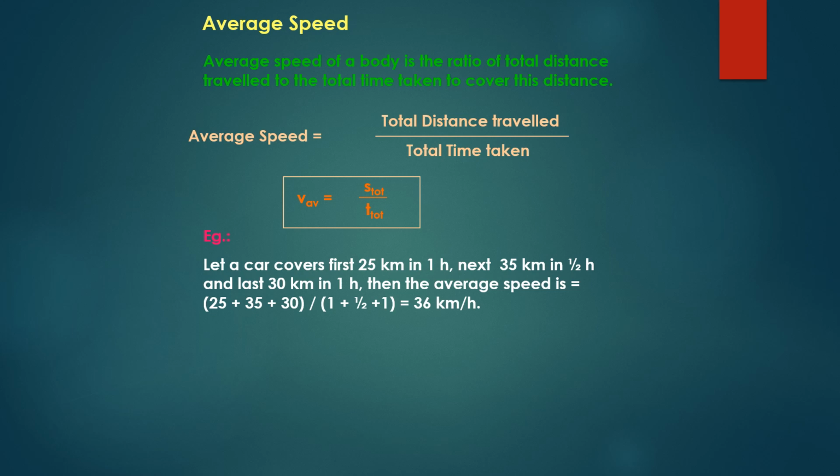Let us see an example. A car covers 25 kilometers in the first 1 hour and 35 kilometers in the next half an hour and 30 kilometers in the last 1 hour. Then the average speed of the car is 25 plus 35 plus 30, the total distance covered by it, divided by the total time, 1 plus half plus 1, which is equal to 36 km per hour. So hope you have understood the concepts dealt with today. Please go through them again to